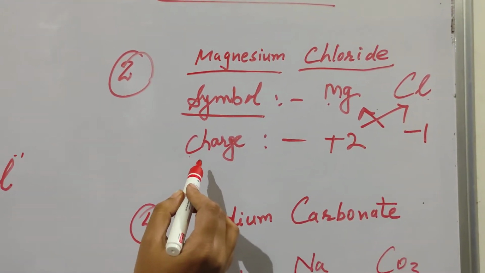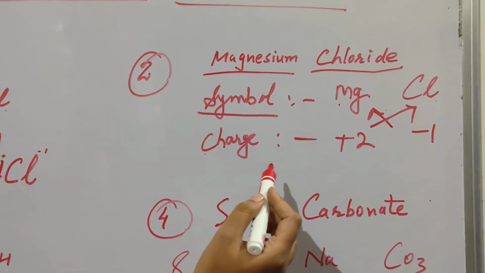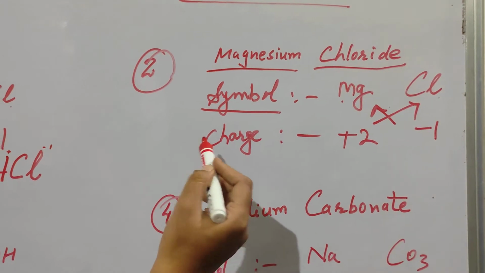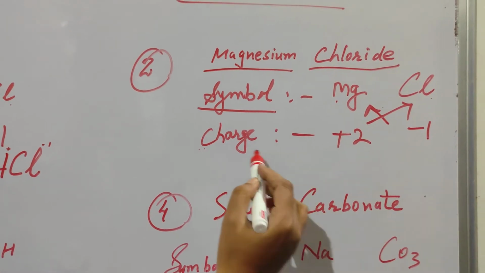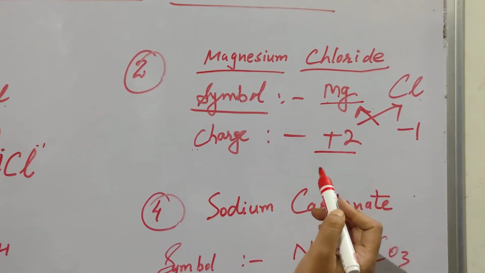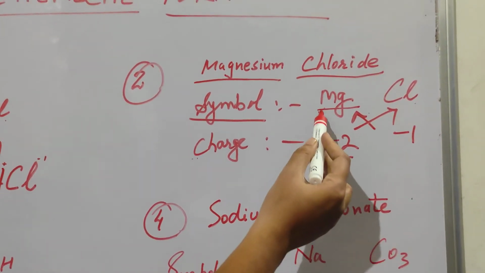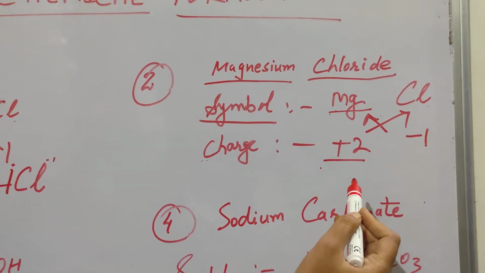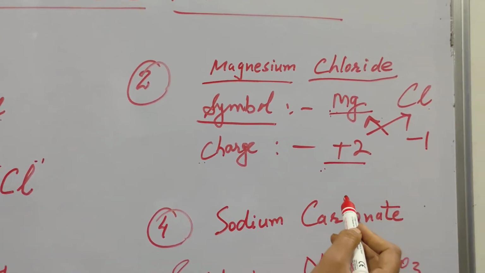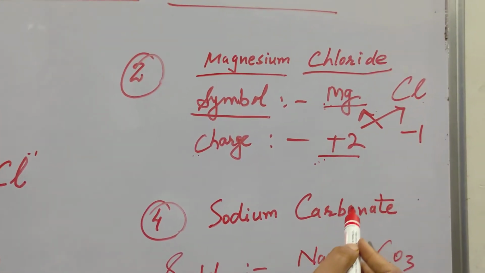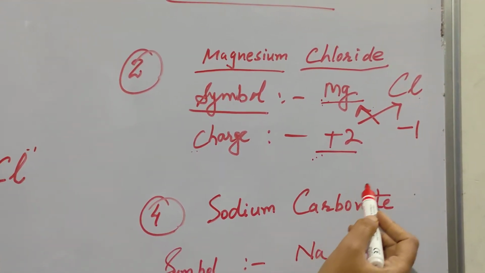Now here in place of a valency, I have taken charge. The reason is that here the charges exceed and are not balanced with each other. So in place of a valency, you can just write down charge also, and that would be better. Now for magnesium, plus 2. Now how can we get to know about the charge? Actually plus 2 means magnesium is ready to lose 2 electrons. Because magnesium is a metal, it will lose the electrons, and in the outermost shell it has only 2 electrons. Remember, valence electrons equal valency for the metals.